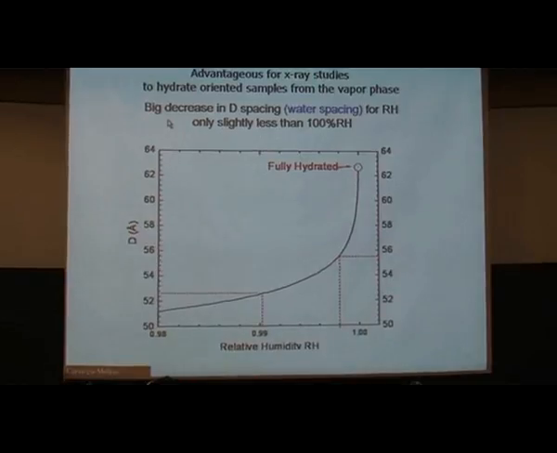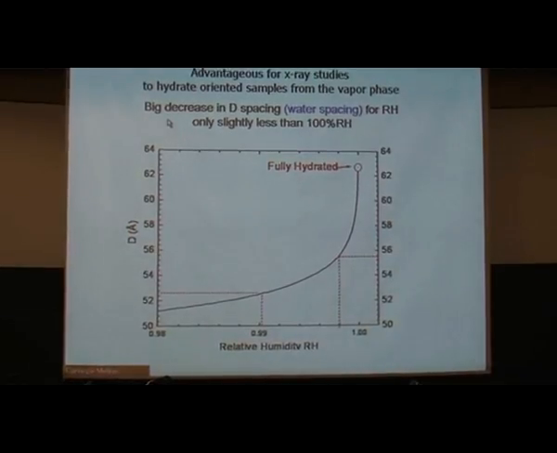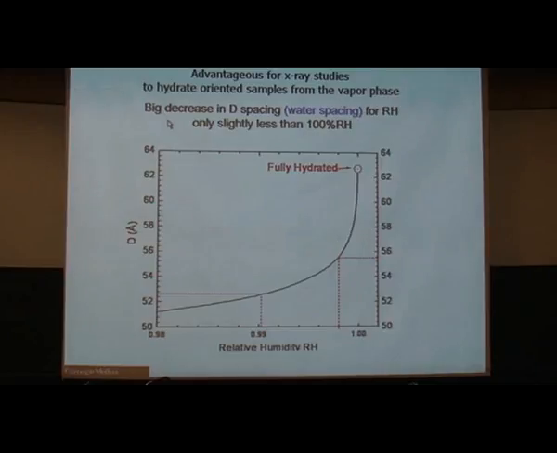And now this is an interesting, maybe I shouldn't take the time on this, but it's an interesting technical issue. And it led to a hindrance, it led to a slowdown of the field for a long time. Okay, so what I'm showing here is that when I have fully hydrated samples, when the relative humidity is 1, I get a D spacing like this for DMPC.